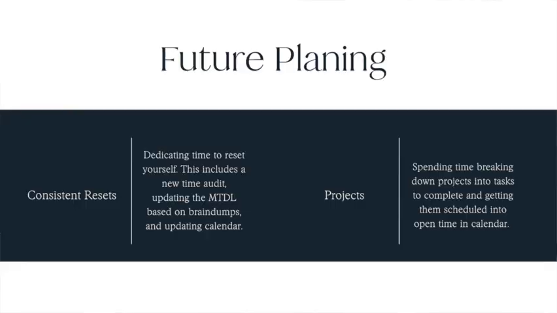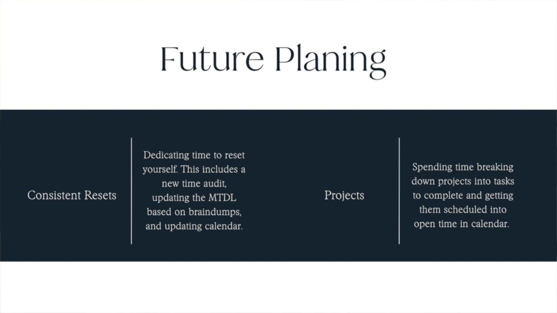And then once you've got your time that you know you're spending on aligned with the things that are important to you, you've got a place to dump all the things you have to do and prioritize and categorize the things that you have on your master to-do list. And then you've got your book time and your open time figured out. It's time to really think about the future and how can you start using some of that open time that you have to prepare and to break down projects that you want to do coming up. So the first part of future planning is going to be setting up consistent resets, and setting up time in your open calendar that maybe now becomes booked time that you're going to do consistent resets.